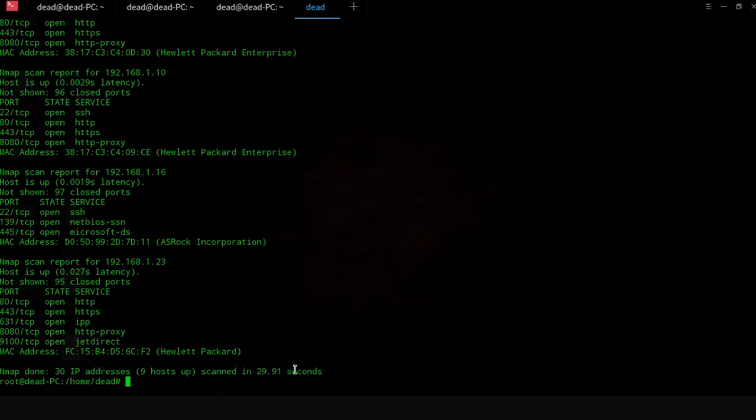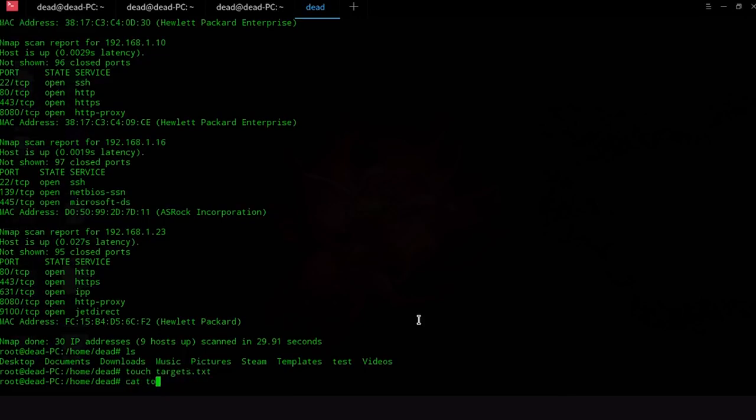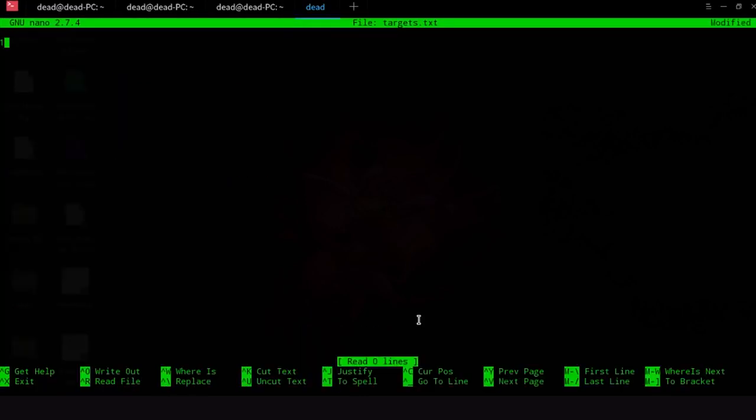Now you can also give Nmap a target list. Now let me make a target list. So targets.txt. Let me just cat it out for you. So there's nothing in it. Now all I want to do is edit this file. So let me just edit that file and put in